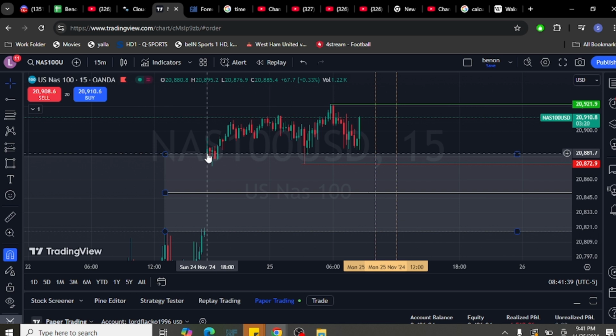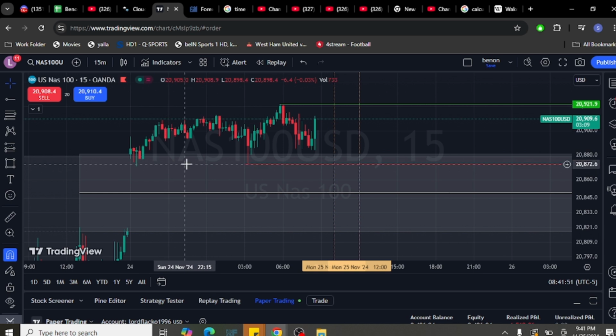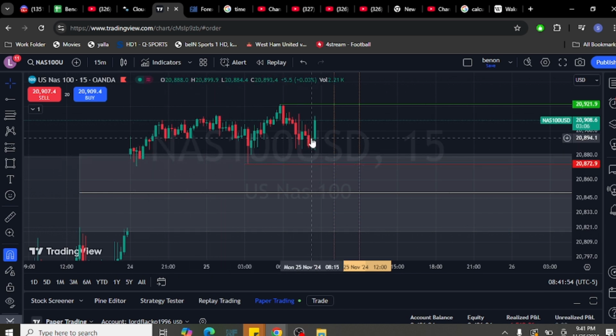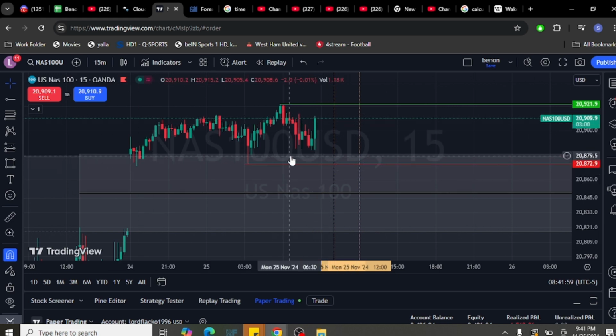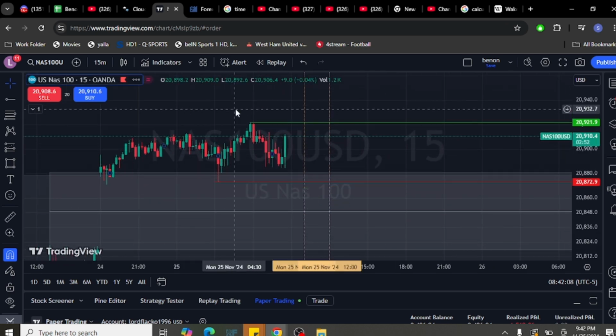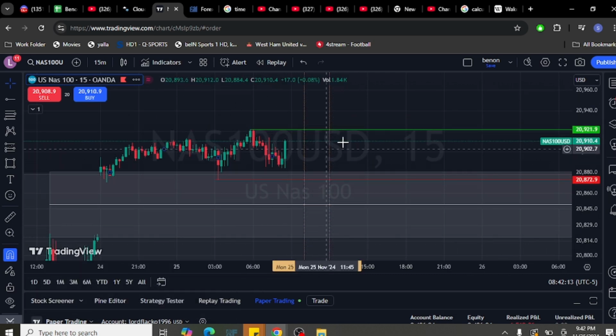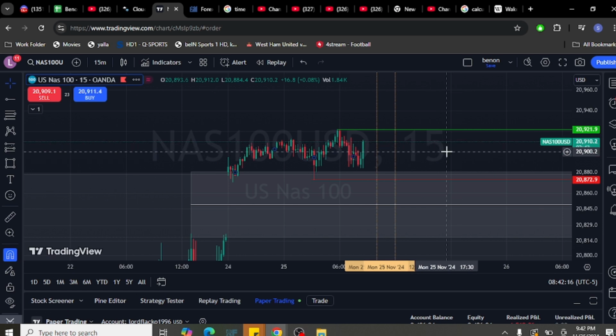Let me see. Opened lower. This looks like equal lows to me, so I'm not entirely sure that we have done all the business right here. So let's see how we open around 9:30. If we open below, I would like to see how we react here. A reaction here would make me comfortable trying to take these highs, probably in this period from 10 to 12. So that's the thing that I'm looking for in the morning on NAS.